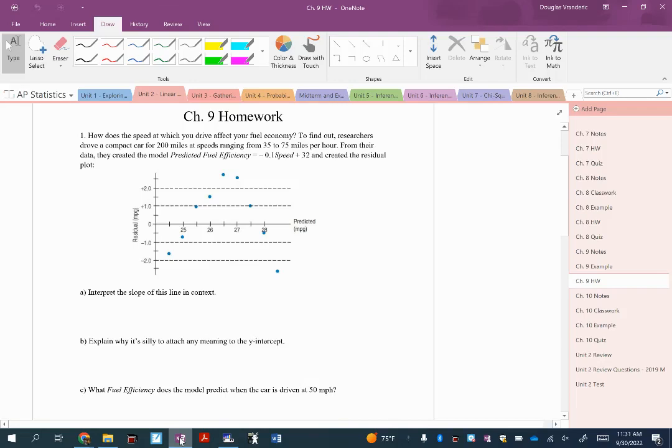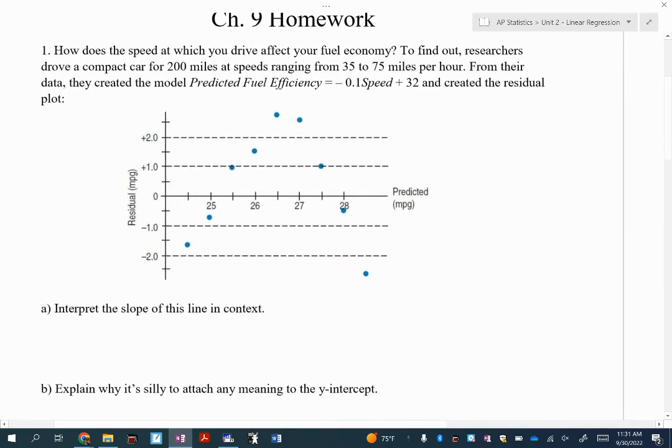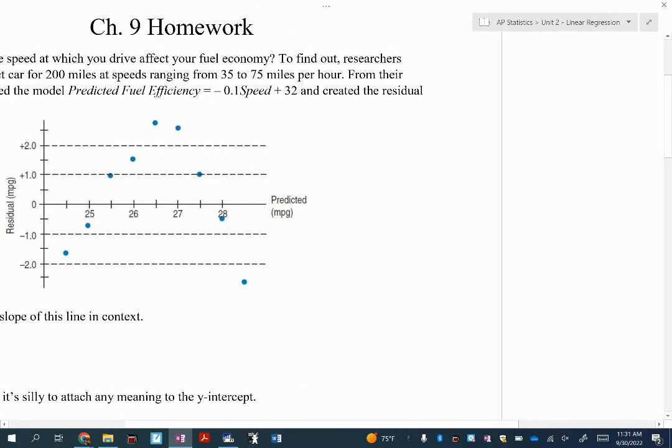Class talking about chapter 9 material. So we're going to go over this example, looking at the relationship between the predicted fuel efficiency and the speed that a car is being driven. So if it helps you, you can rewrite this as fuel efficiency